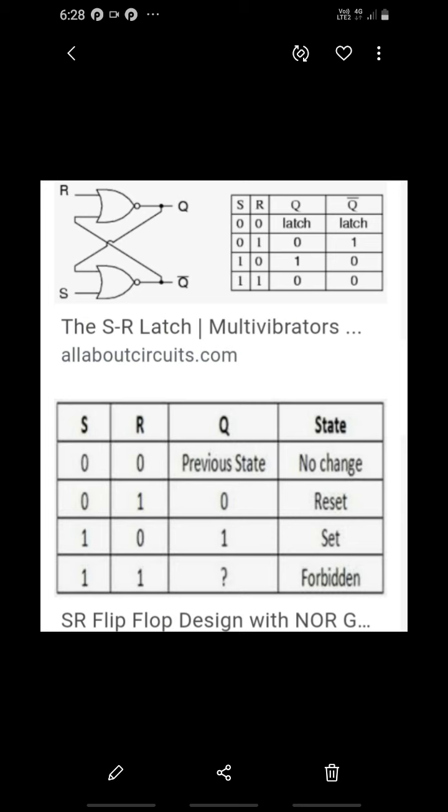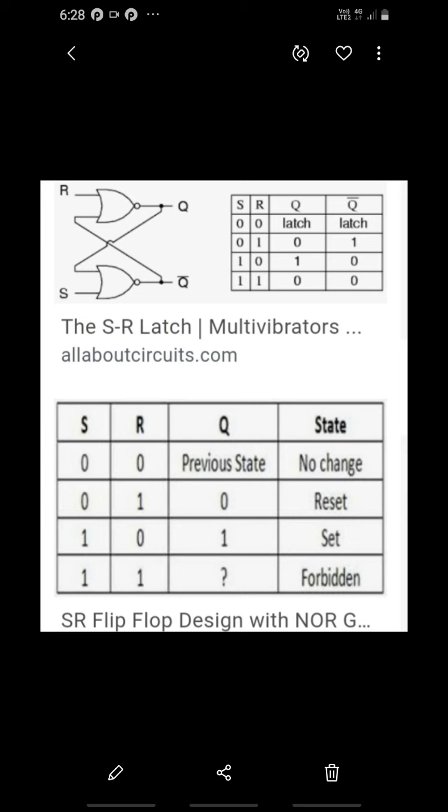And next applying 0 1. So here R is 0, R is 0 and already previous output is 1. So 0 1, 0 1 is 0, q bar is 0. And the next